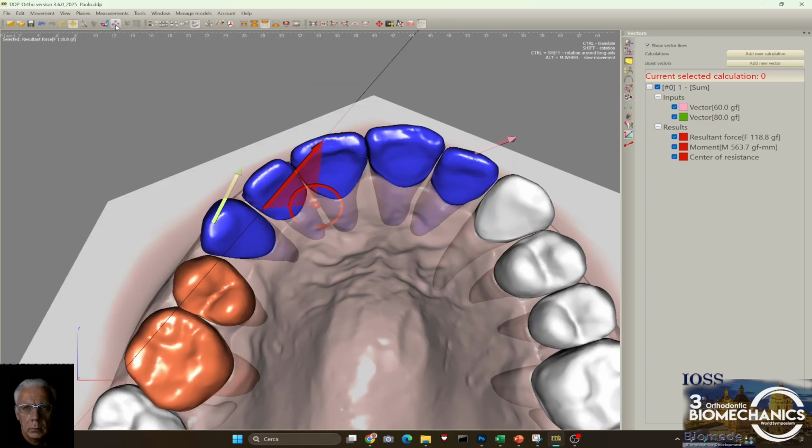The whole moment we see is on the occlusal view. So this is consistent with the fact that we will not have any inclination or buccal inclination of the anterior teeth, while we'll have a rotation of the group